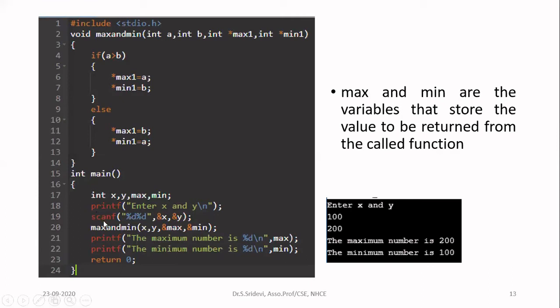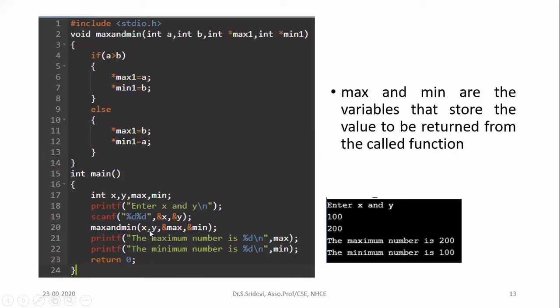Now try to get the value of x and y from the user. After that, concentrate here. Max and min is the function I have written for doing the work. I need to call the function. How many arguments do I have to pass to this function? This is very, very important. So far, your input is x and y. Generally, we will pass only x and y to this function. That will find the answer. By the return statement, it will return the answer. But now you should not do like that.